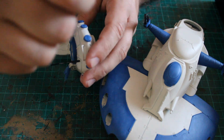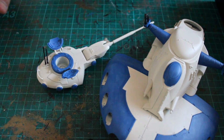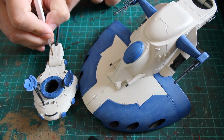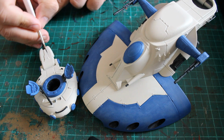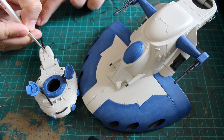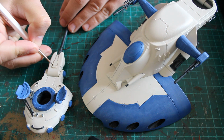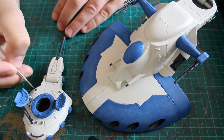I also used it on the aerials and just around the hatches, and the actual mechanics of the vehicle as well, the engines and things, and the gun turrets as well, and it really does make quite a lot of difference. So skipping ahead a little bit now